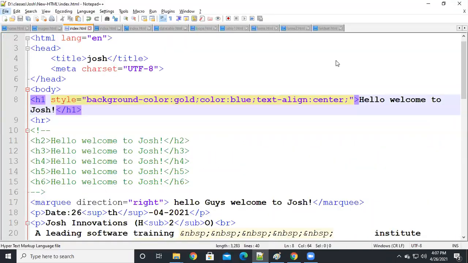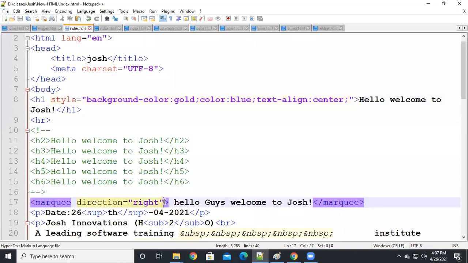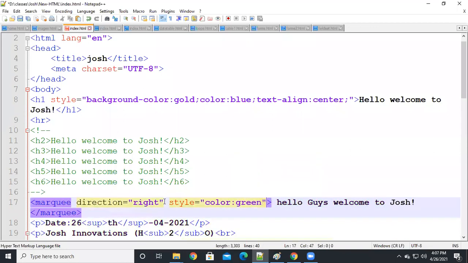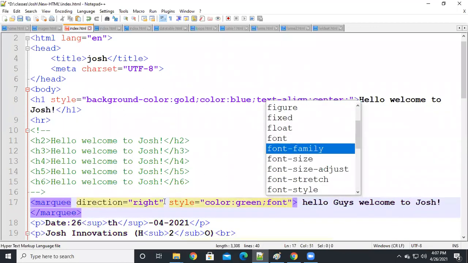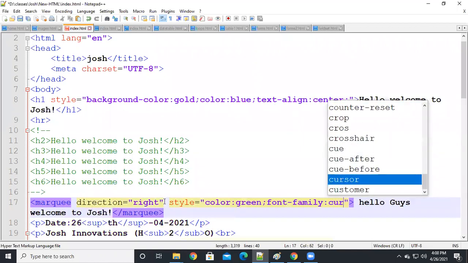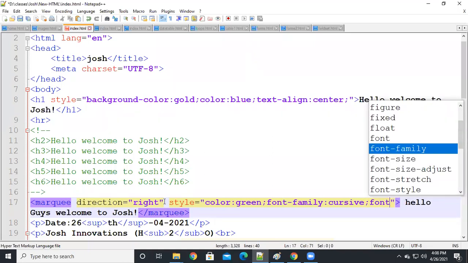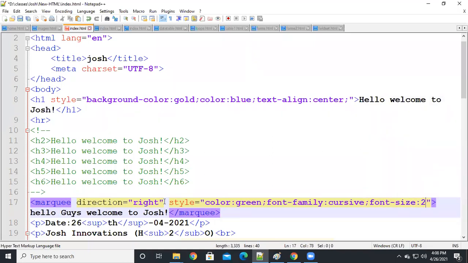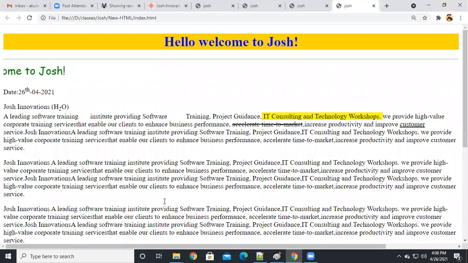And for the marquee, I'm going to apply the style attribute and color plain, font family cursive, and font size, suppose 25 pixels. See, here like this. Okay, this is the use of the style attribute.